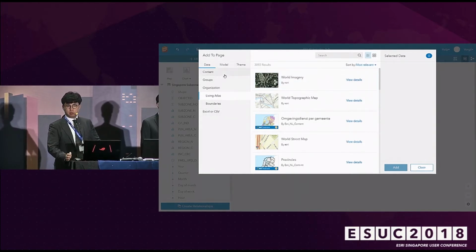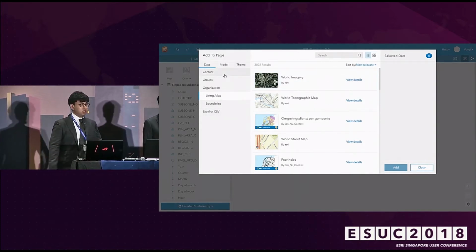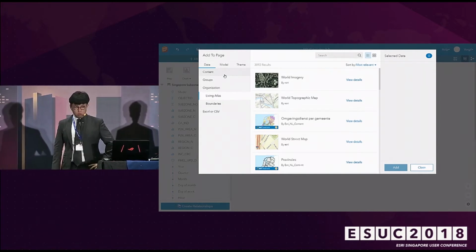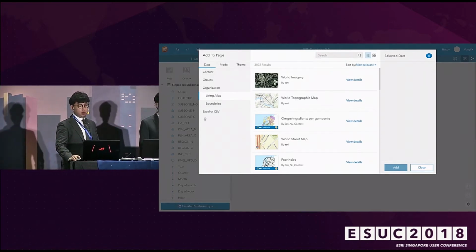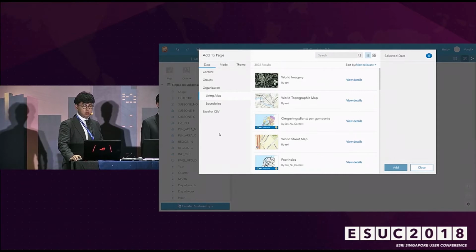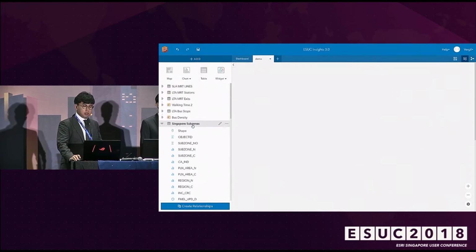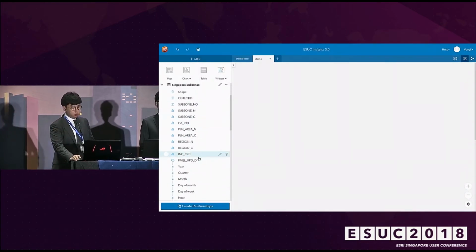What you're seeing right now here is the 3.0 release for the ArcGIS Online version of Insights. So if you are deploying this on Portal, connection to databases will be supported in addition to the standards here. So right now we're supporting SAP HANA, Oracle, all of that. So for this presentation, we'll be using an Excel file to show you how versatile the tool can be.